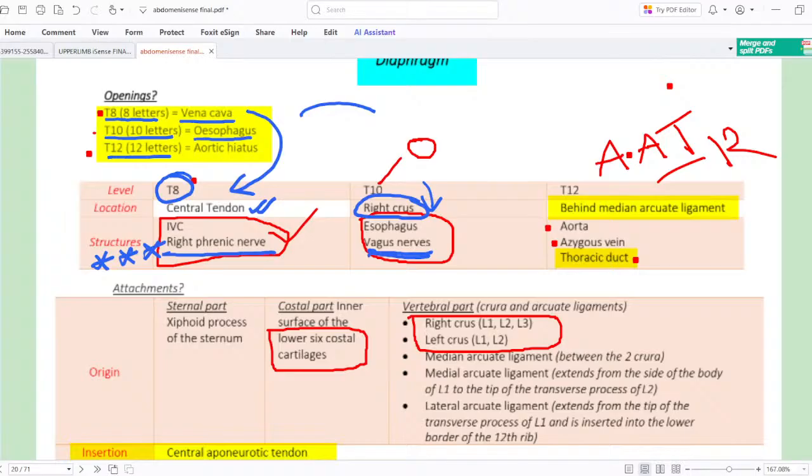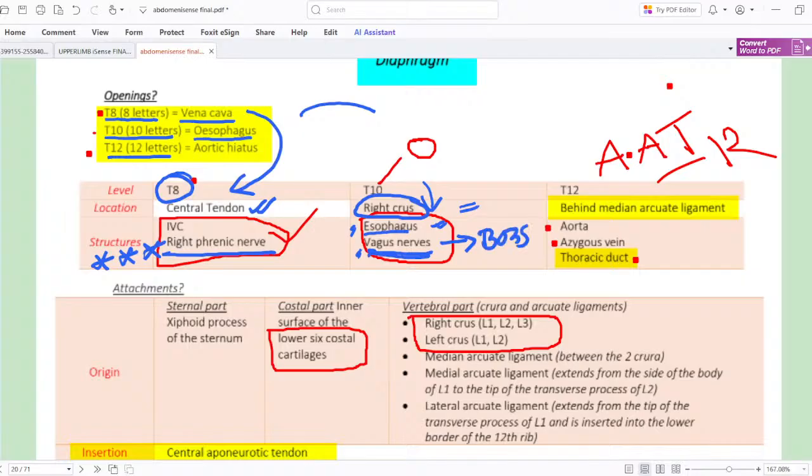Okay, so the esophageal opening remains at T10 in the right crus of the diaphragm. Their main components are the esophagus and vagus. Esophagus, vagus. They are very close friends. And the vagus is the ultimate boss